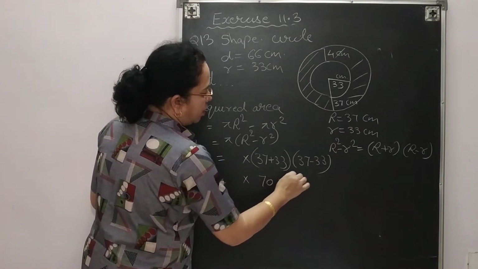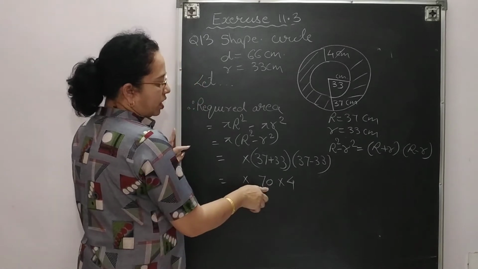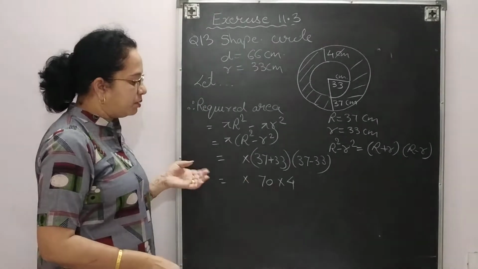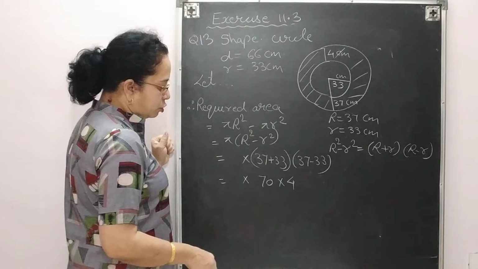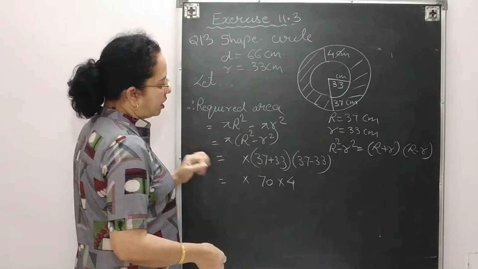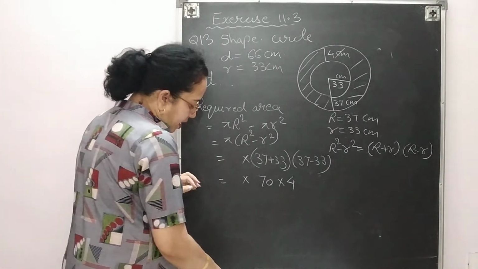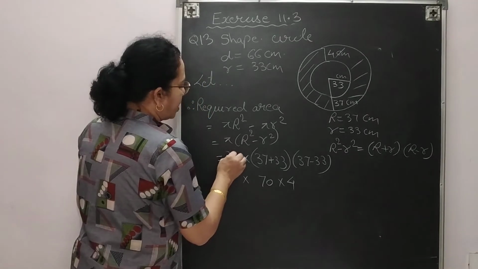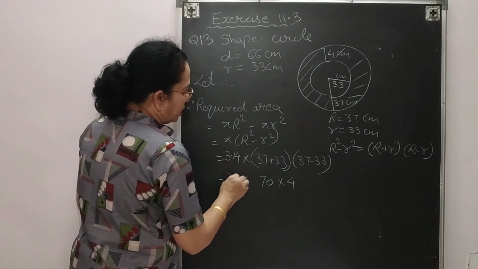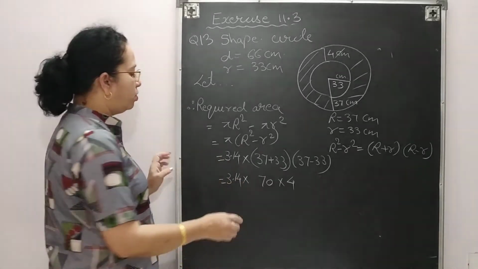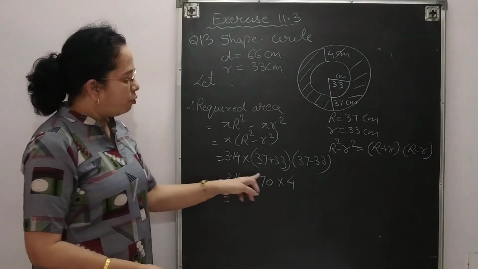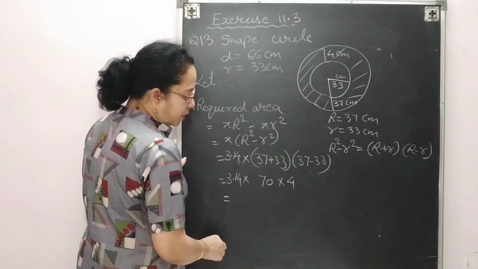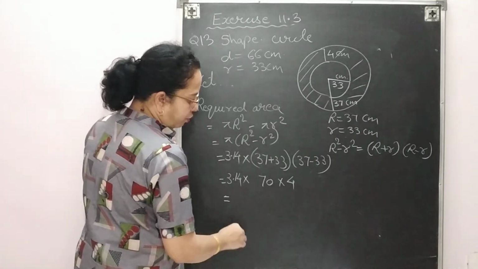37 minus 33 will give you 4. Again you can see that 70 is divisible by 7, so the value of pi you can write down as 22 by 7. But I think it is already given in the question as 3.14, so write down 3.14. Otherwise, you can use 22 by 7 also. Now multiply all the three numbers and your answer will be